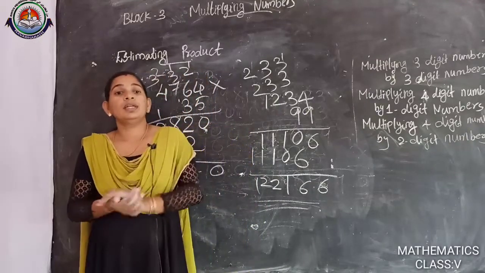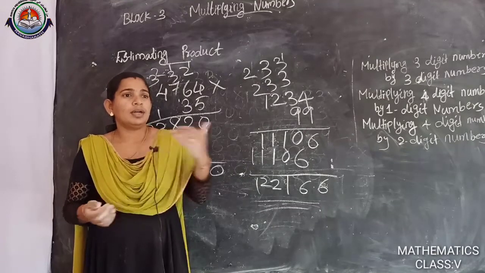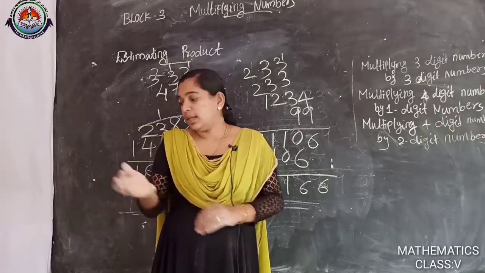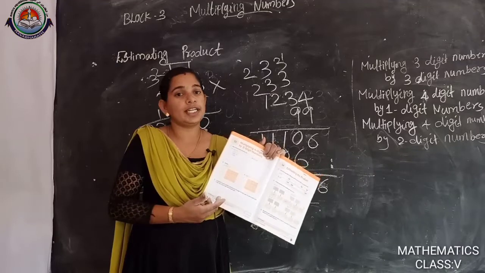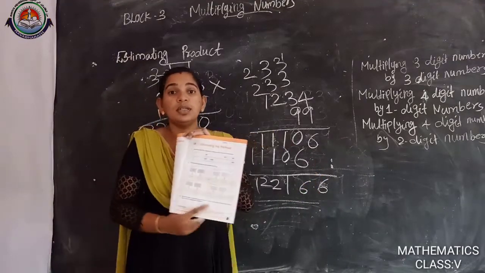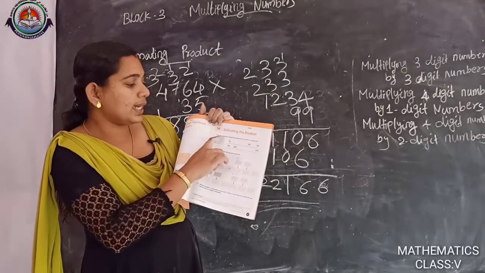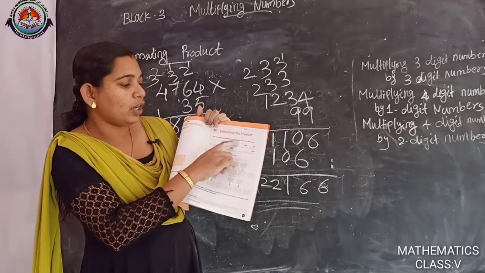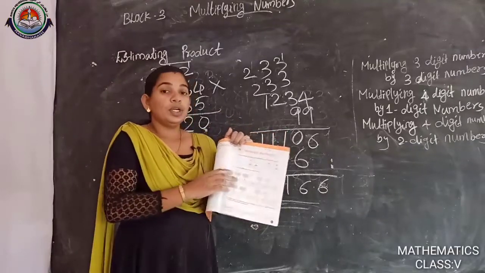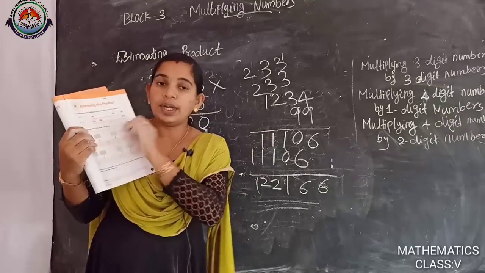First, we want to convert the given number by rounding off to the nearest 100 or 1000. Then find the product. Okay. Then we are discussing some problems from your textbook. Estimating the product. In the workbook, 3 questions are there. First question, circle the number that is obtained by rounding off each number to its highest place. We will discuss here how to round off to the highest place.